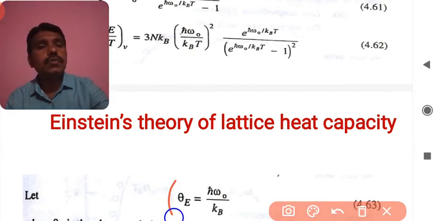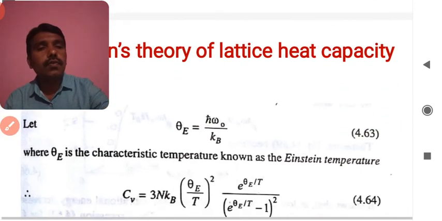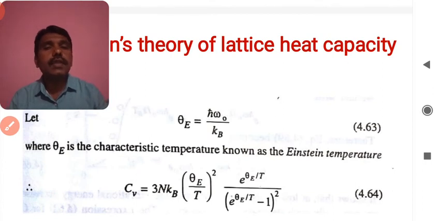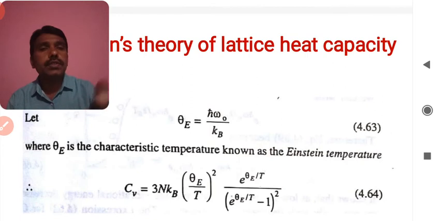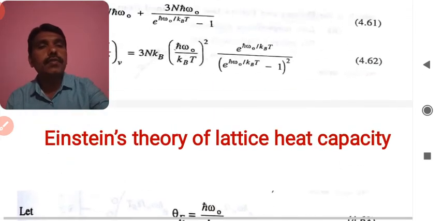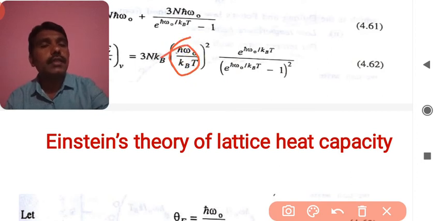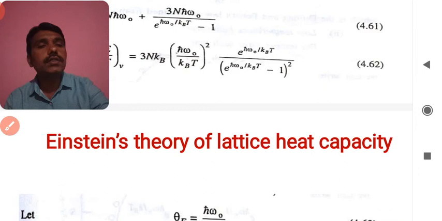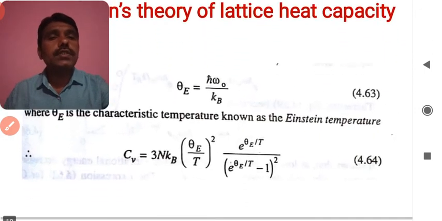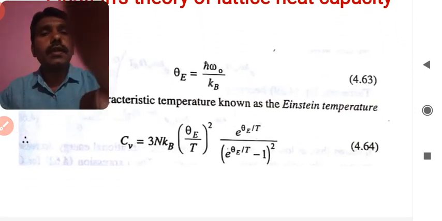घेतला, that is to be theta E, that is suffix E, that is nothing but to be Einstein constant is to be there. He founded or invented, that's why this characteristic temperature is known as Einstein temperature. and हे जर मी रिप्लेस केलं ह्या इक्वेशन मध्ये तर ह्या ठिकाणी ही व्हॅल्यू जी आहे it is becoming to be theta E by T. आणि म्हणून नवीन रिलेशन जे काही मला मिळते ते रिलेशनशिप म्हणजे